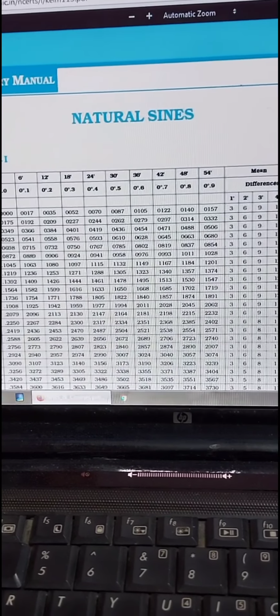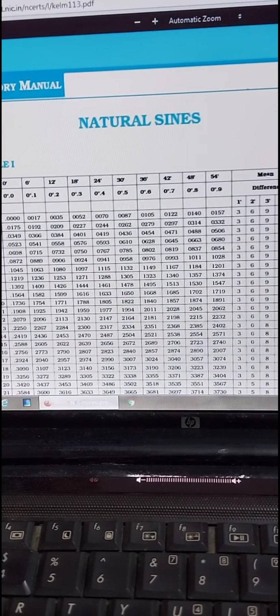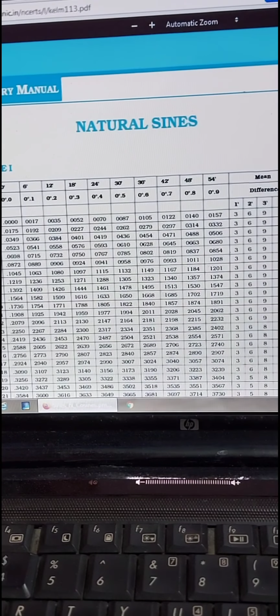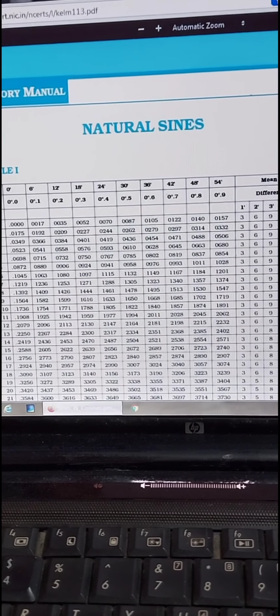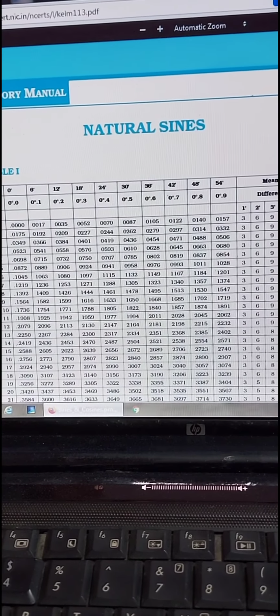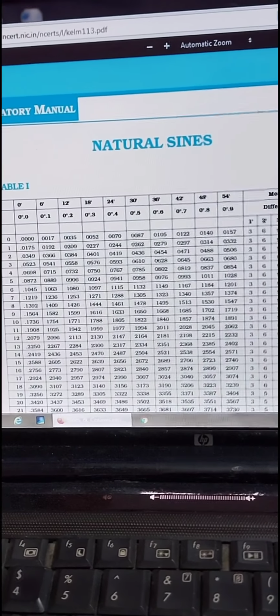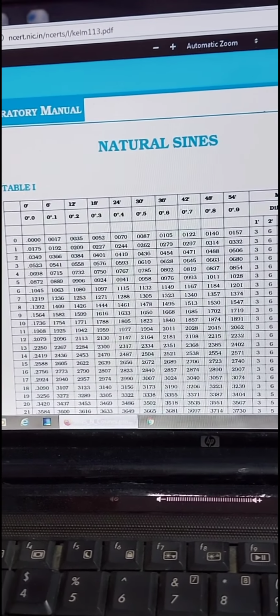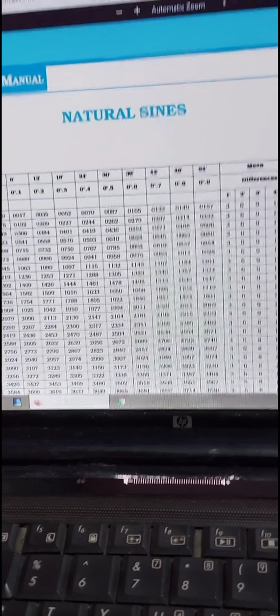Hello everyone. In the previous video we have seen the introductory part of height and distance, an important aspect of trigonometry. Now, in real situations in height and distance problems, we don't always have the standard angles which we have learned, that is 0 degree, 30 degree, 45 degree, 60 degree and 90 degree. But in real life situations you will get any angle.